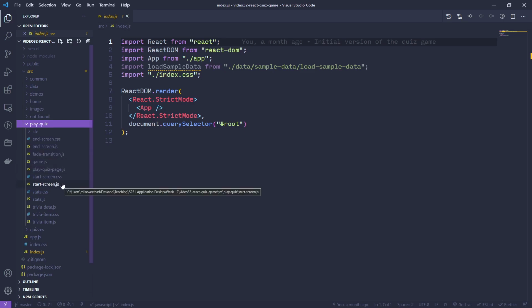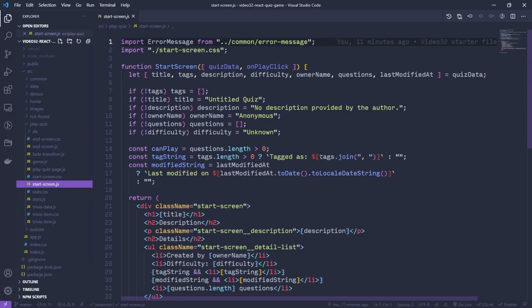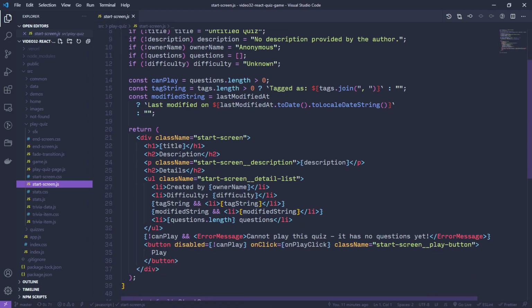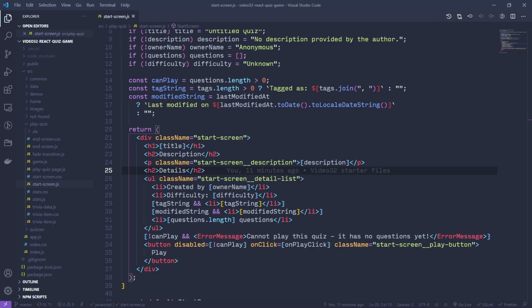And then the bigger change is that I added a start screen. So this start screen shows up before the quiz plays, and it displays the description and some details about the quiz before you actually get into the quiz. So it gives a user the chance to preview what the quiz is going to be about. And it also, because we have some sound effects in the quiz, gives us a button